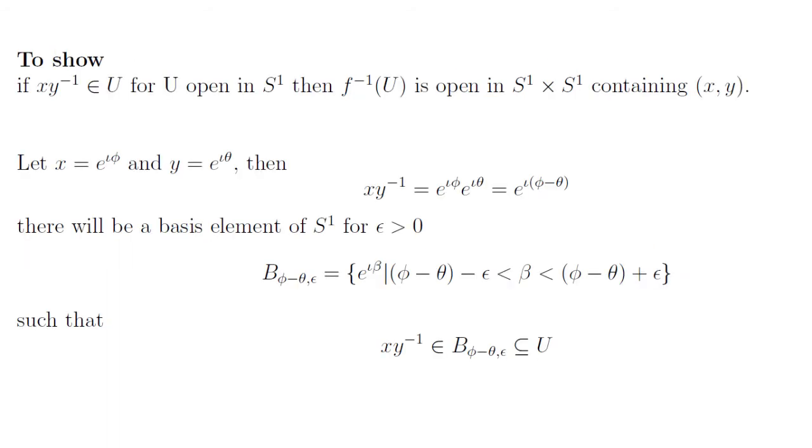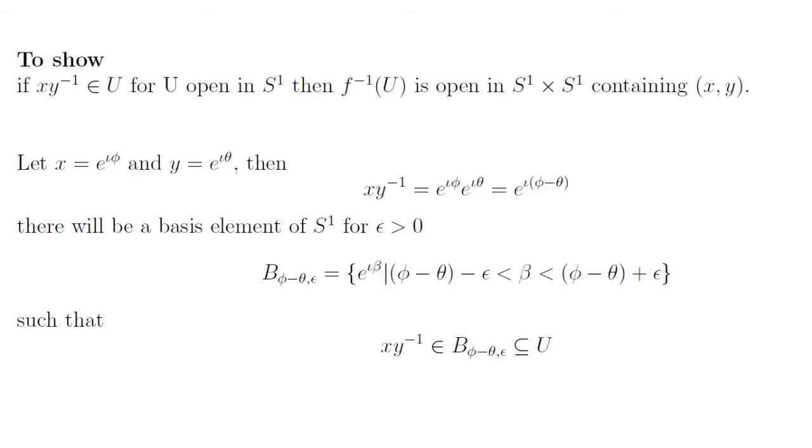Now let us make things more clear. As x and y are coming from the group S1, and S1 contains the complex numbers on the unit circle, with a radius equal to 1, x and y can be represented in their exponential form, where multiplication is the binary operation here and it represents only the addition of angles. So x multiplied by y inverse is actually,